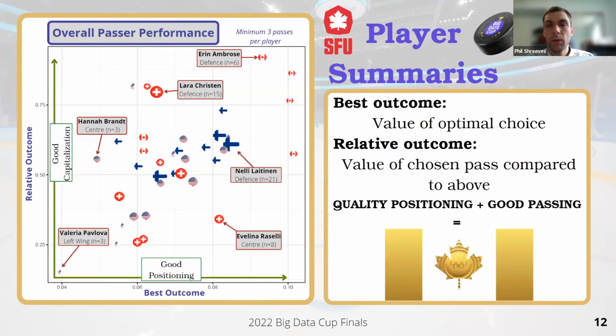Here we examine the overall passing performance of players. We find the best outcome by comparing the expected pass value at all passing angles and 4 different speeds. In addition, we also consider the option of holding the puck. We then calculate the player's relative outcome, which is a measure of how real game pass compares to the optimal